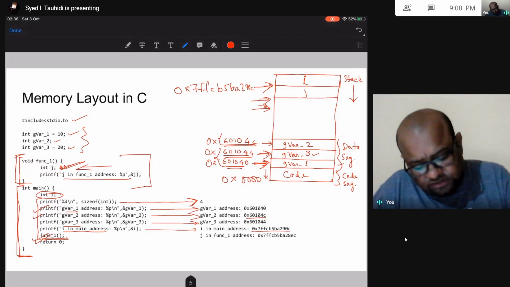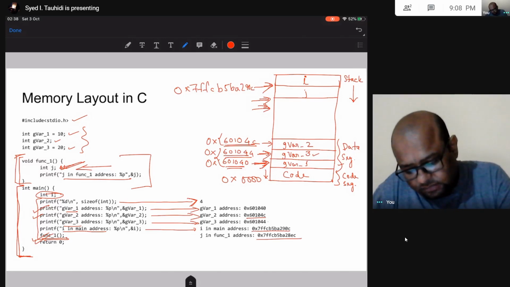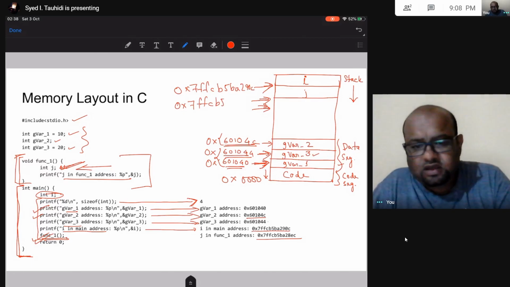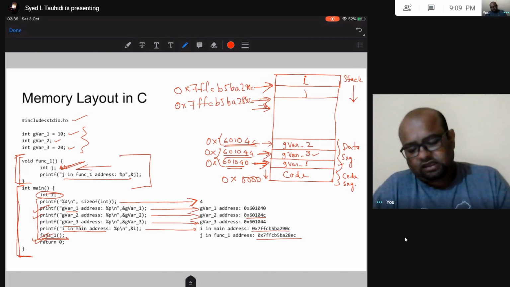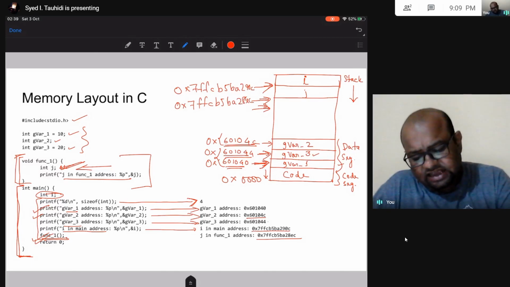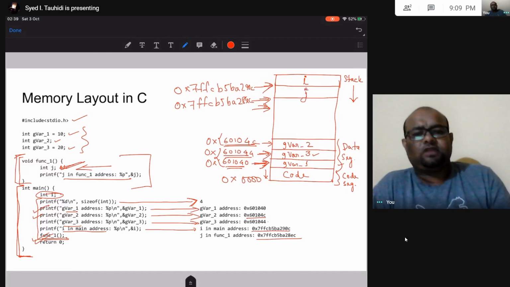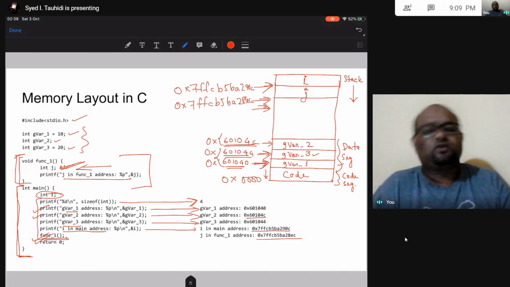The address of j is 7ffcb5ba28ec. So j has a lower address than i. I can see my stack grows downwards.